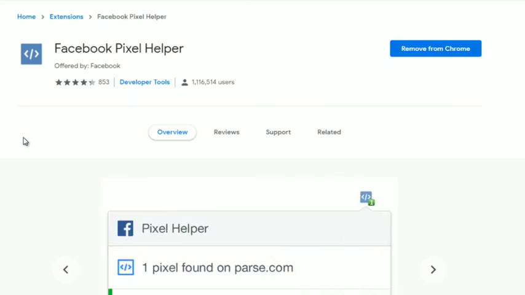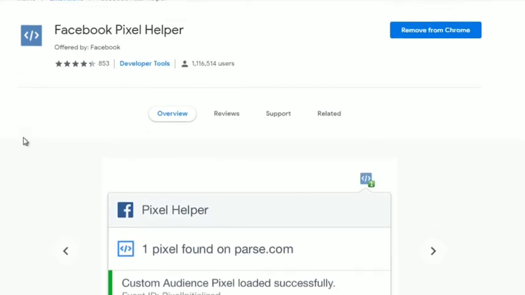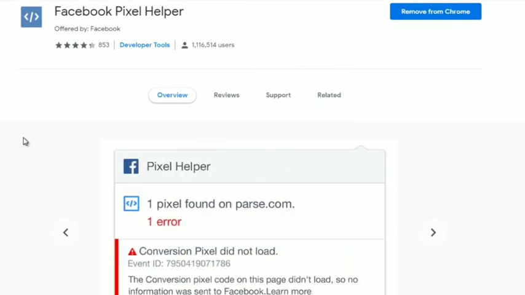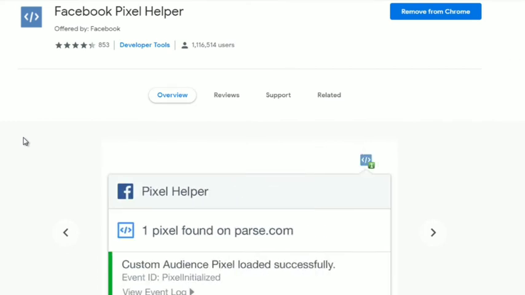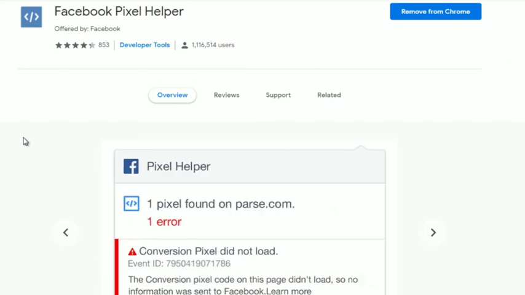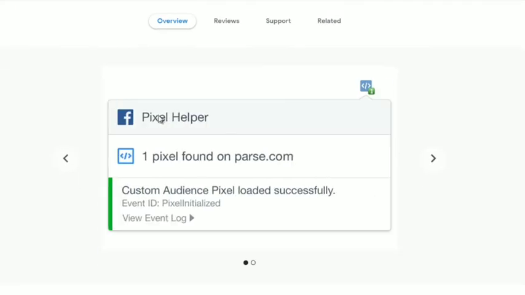So this is another free plugin for Google Chrome. And if you're using other things like Safari or Firefox, you can probably go and Google Facebook Pixel Firefox or Facebook Pixel Safari. But for Google Chrome, this is what we use. And all you have to do is install it. And as you can see down here, you're going to see this icon. And any web page that you visit in your funnel, if you click that, it should say that the pixel